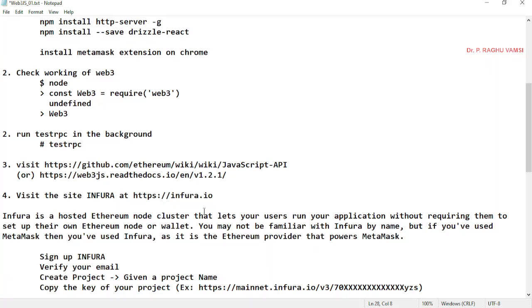Okay, then we'll move on. Once you type this, you will get the JSON script for this web3 API. Next one is test RPC. Test RPC will tell you whether the remote procedure calls are responding or not.